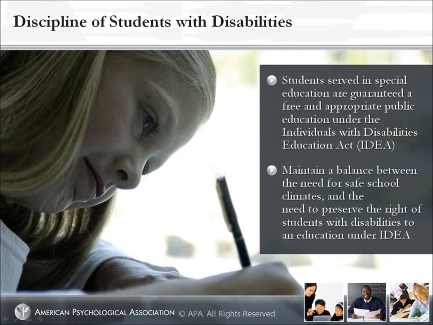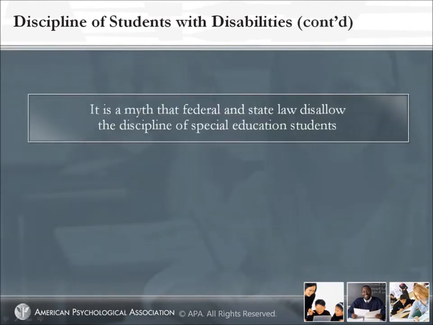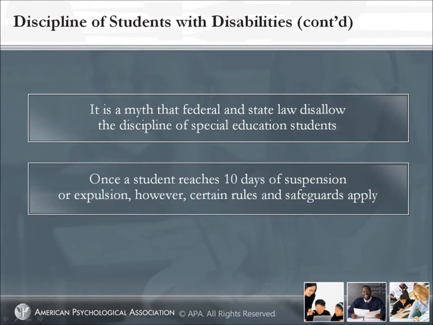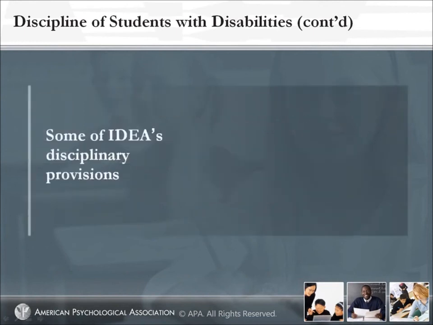It is important to note that, up until 10 days of suspension or expulsion, students with disabilities are subject to the same disciplinary procedures as other students. It is a myth that federal and state law does not allow the discipline of special education students. Once a student reaches 10 days of suspension or expulsion, however, certain rules and safeguards apply. Some of IDEA's disciplinary provisions are